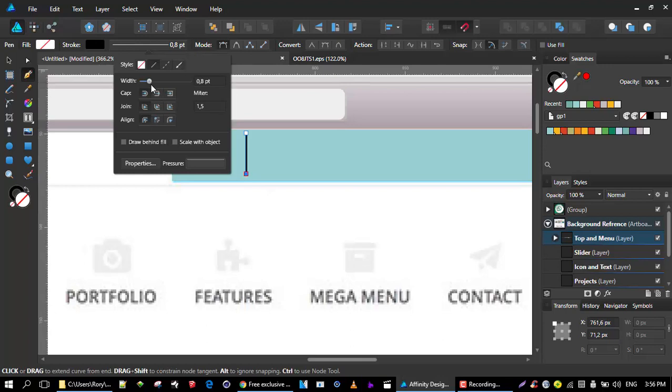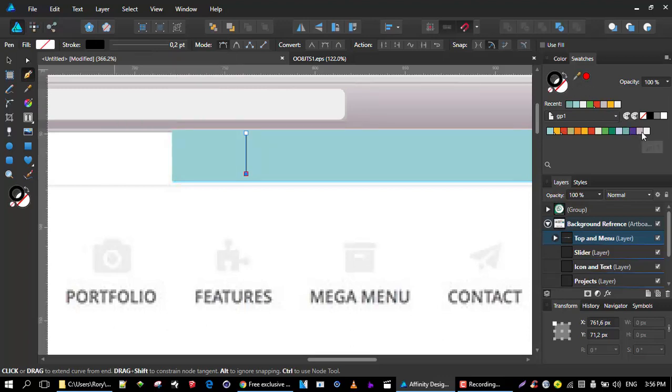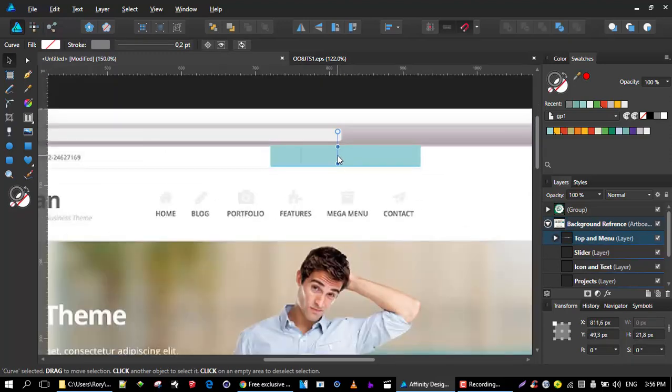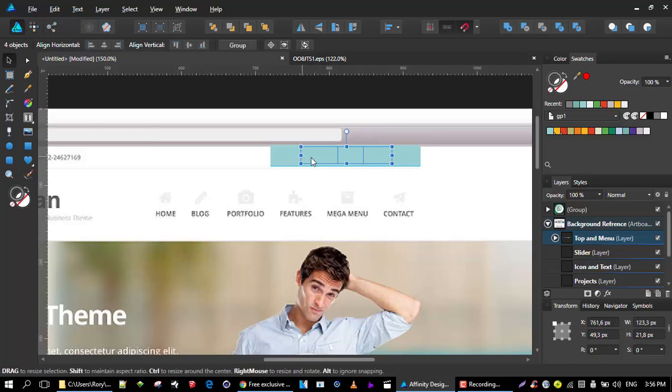So I'm going to just make a thin line, maybe make it 0.2, and I want that line to be a gray color. Let's see what we've got there. So that's like a little thin gray line. Maybe make it a little bit more gray. So if I wanted to do that, I could go Alt and put them out there. Alt, put it out there, Alt. And then I could select these and just use the